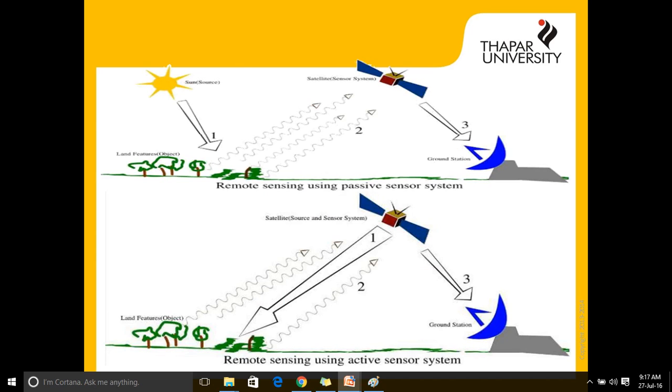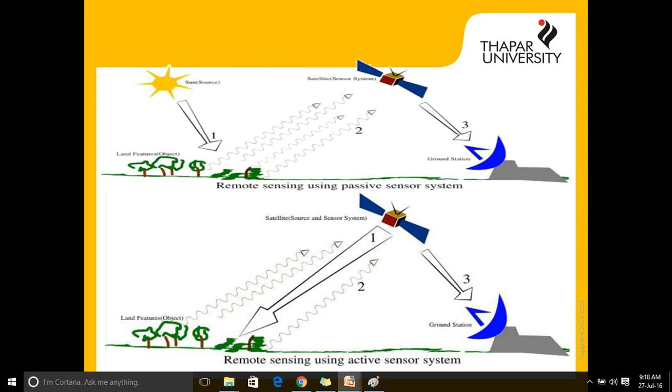The first figure depicts capturing of information using passive sensors. Passive remote sensing is only feasible in the presence of sunlight. The sun illuminates the object. The reflected radiations are captured by passive sensors. In active remote sensing, the satellite emits signals to illuminate the object under consideration. The reflected radiation is identified and measured by the active sensor. Its benefit is that it can be used at any point of time.